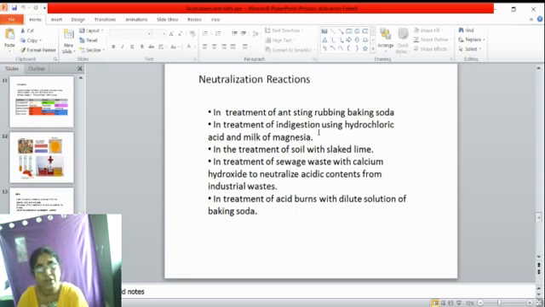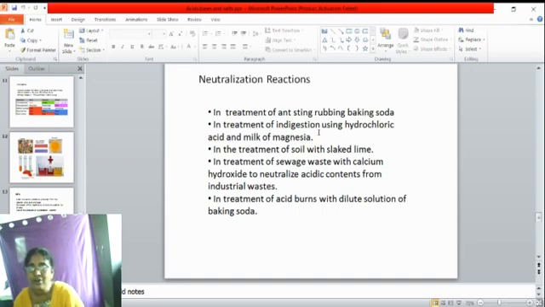compounds present in the soil to neutralize the soil. So they use slake lime. Then in the treatment of sewage waste, if you remember, we have learnt about water treatment in the previous classes. There, to neutralize the reaction, we use calcium hydroxide, right, to reduce or neutralize the acidic contents from the industrial waste. Then, in treatment of acid burns, by mistake in the laboratory, if you have come across an acid, if